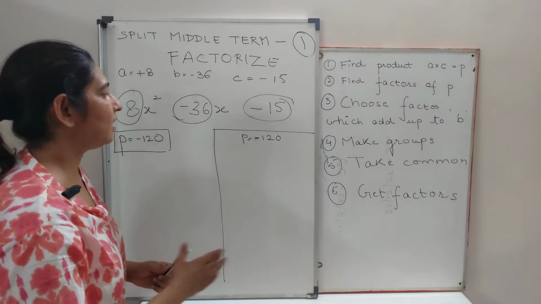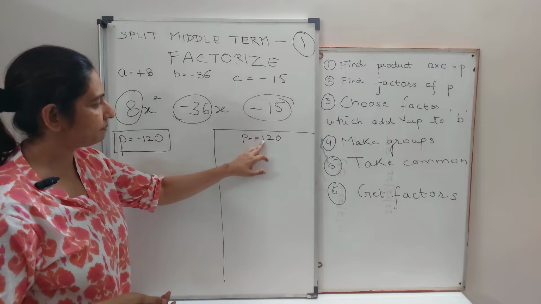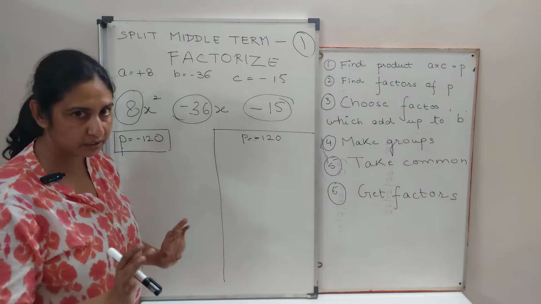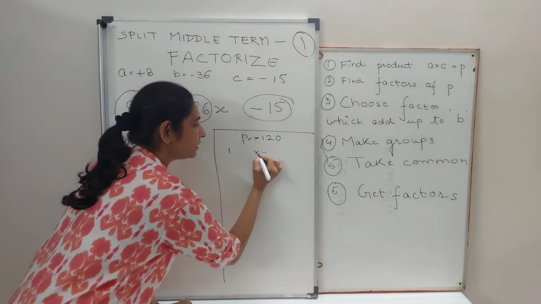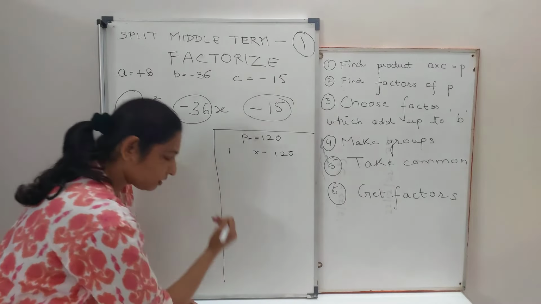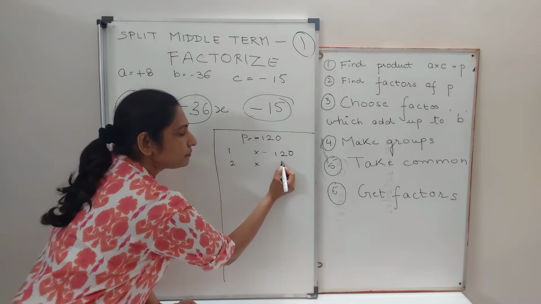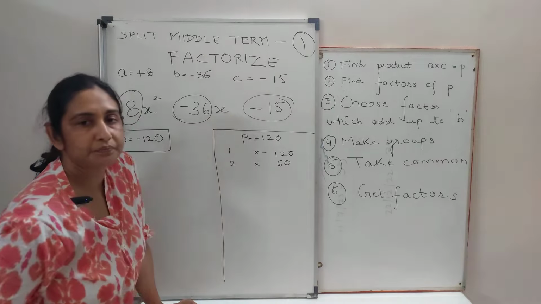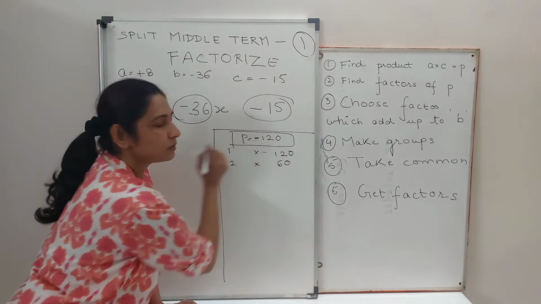The simplest way is to start by forgetting the sign first. Completely forget the sign. Whether it is plus or minus, leave it, just concentrate on 120. Now obviously it will be 1, and 1 into 120 is 120. Go ascending like this. Then 2 into what? 2 into 60 is 120. We are trying to get 120. The whole purpose is to get the product 120.